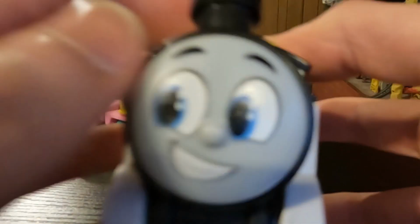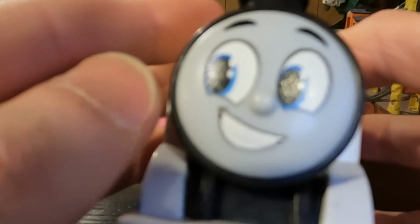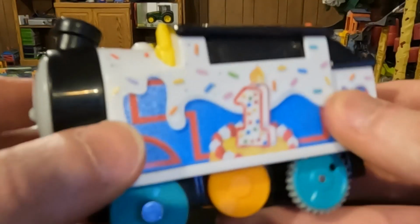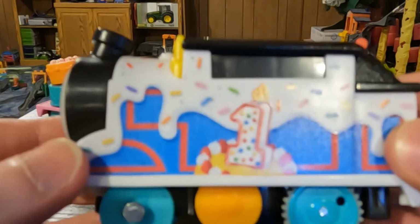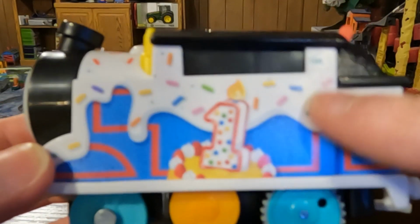I mean, it looks like a different plastic. The printing definitely looks sharper. Maybe it's just the printing messing with my eyes. Yeah, it might be just the printing messing with my eyes. But anyway, here's this side. We got a whole bunch of frosting on top with sprinkles. And then we got,